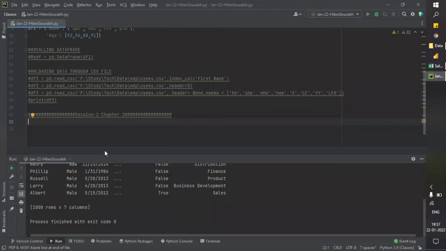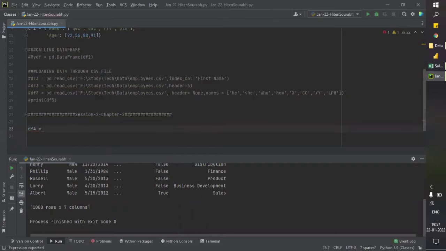Let's go here, and let df4, my variable, equal pd dot, you'll get the intellisense with Control Space, and it tells me read_excel.